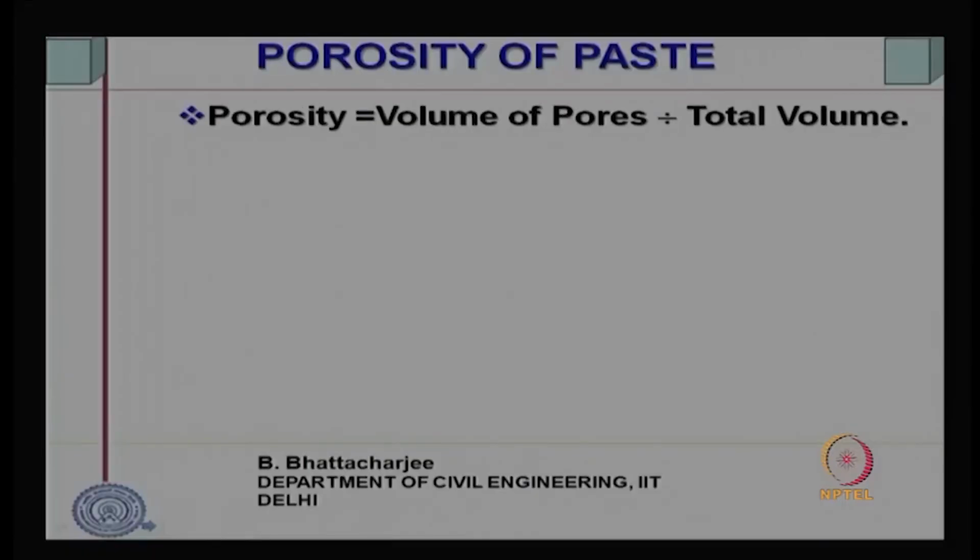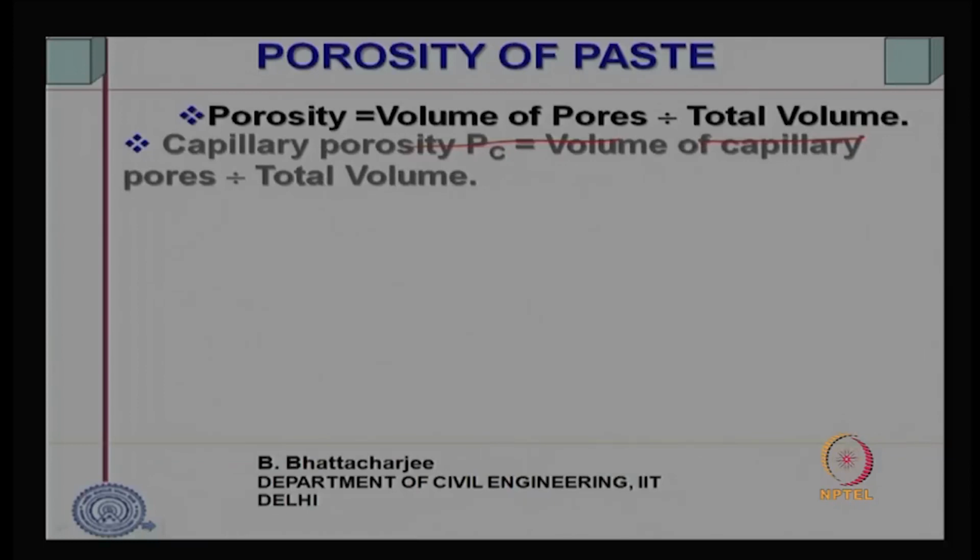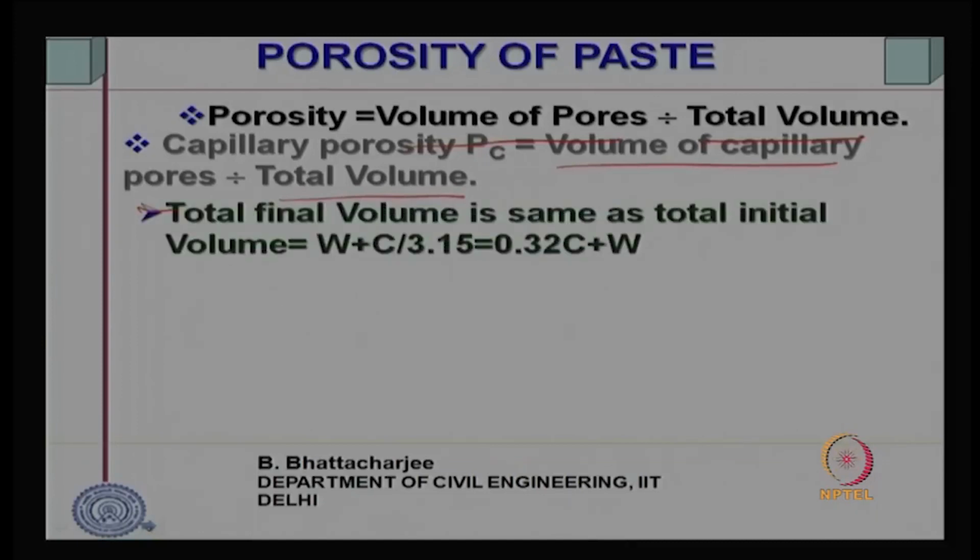All right. Capillary porosity will be the volume of capillary pores divided by total volume. Now, what is the total volume? It is the sum of the originally added cement volume plus water. The final volume is the same as the total initial volume. Therefore, this is nothing but 0.32 C plus W. That is what we have seen,